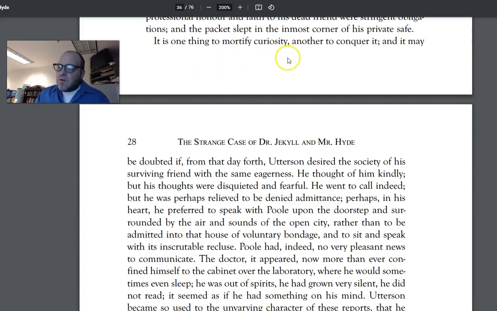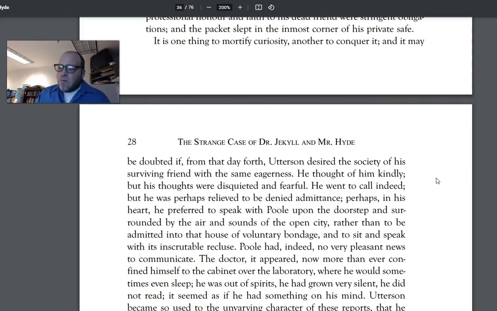It is one thing to mortify curiosity, another to conquer it, and it may be doubted if, from that day forth, Utterson desired the society of his surviving friend with the same eagerness. He thought of him kindly, but his thoughts were disquieted and fearful. He went to call indeed, but he was perhaps relieved to be denied admittance. Perhaps in his heart he preferred to speak with Poole upon the doorstep and surrounded by the air and sounds of the open city,